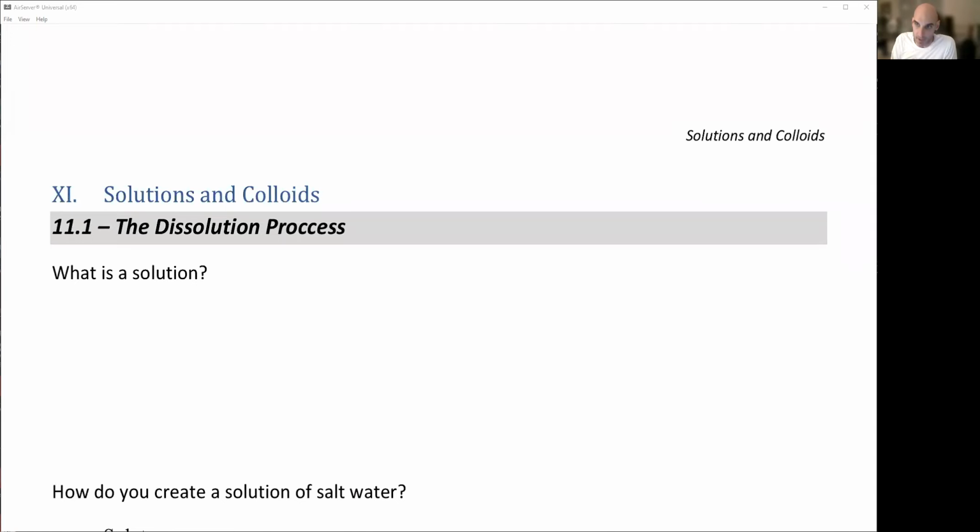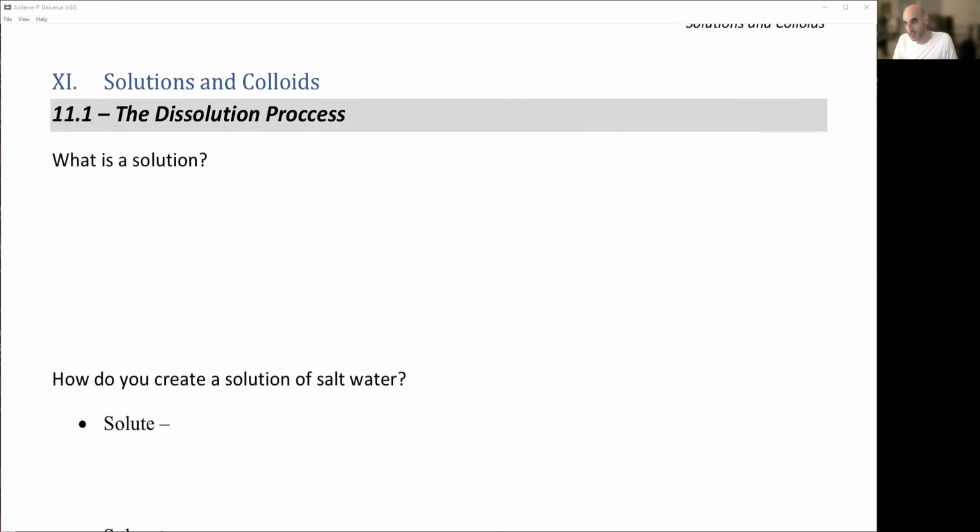Okay, as promised, the solutions and colloids section. Some of this is going to be important when we start talking about equilibrium, but not too much. We talked a little bit about solutions when we were talking about liquids, but let's talk about what a solution is. A solution, we've already identified it as a homogeneous